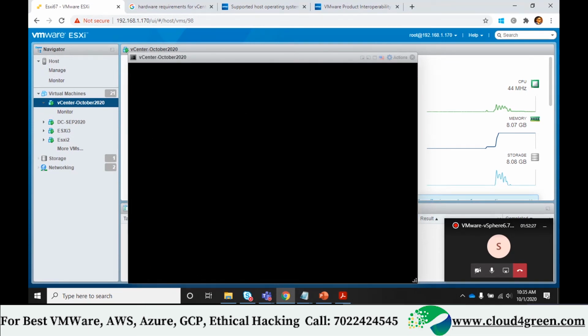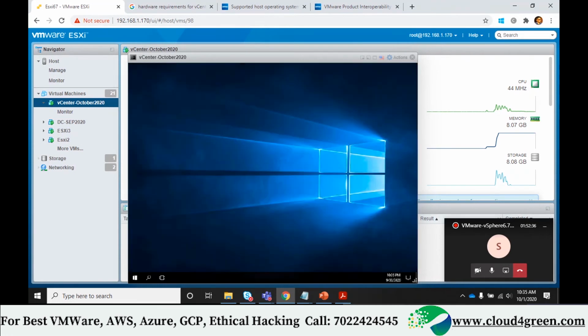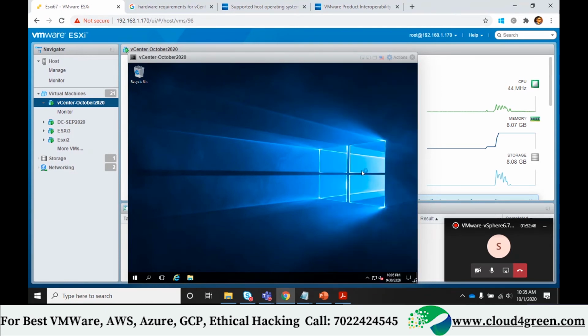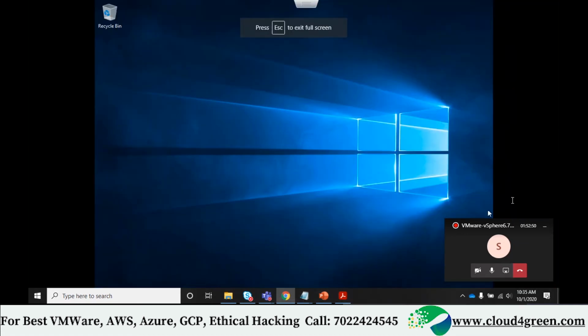And do you remember we need to install VMware tools. In 6.7, good news is it is pre-installed. It is automatically installing. Let's verify and then proceed adding this machine to your domain. And then we should be able to install vCenter server. Okay. So have a look into the steps.